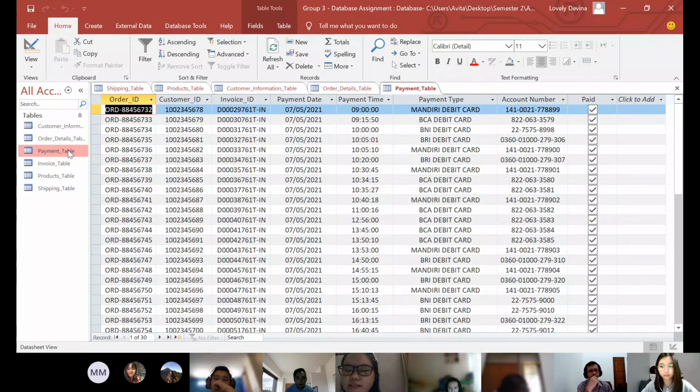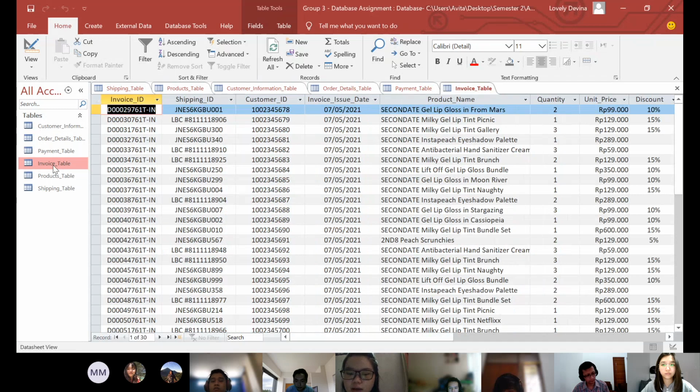The third one is the payment table, consisting of order ID, customer ID, invoice ID, payment date, payment time, payment type, and account number, and the paid column shows whether it is paid or not.